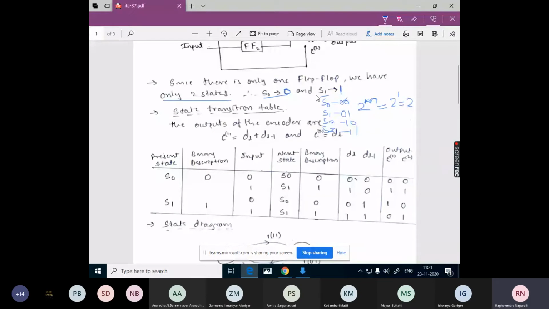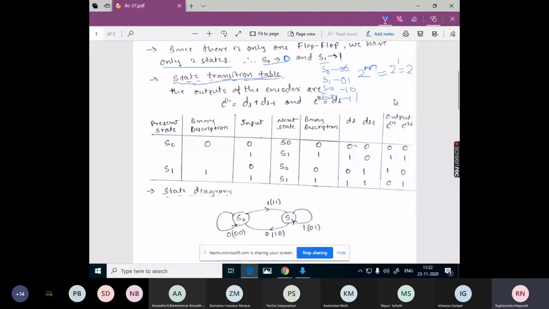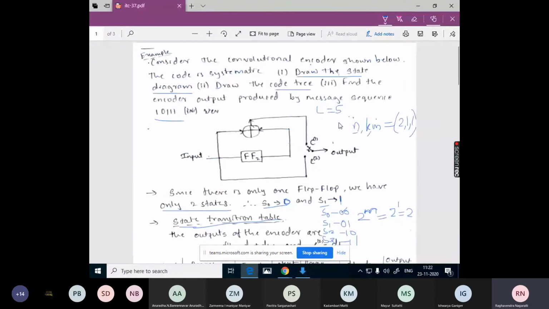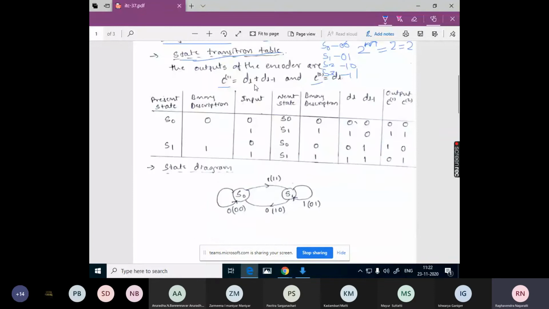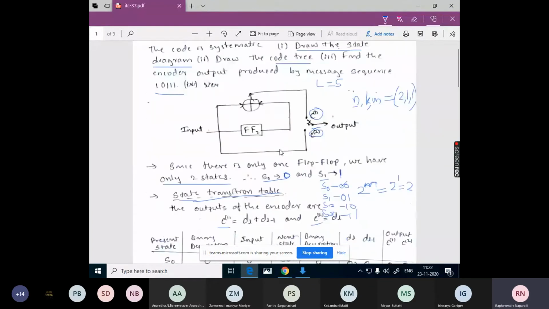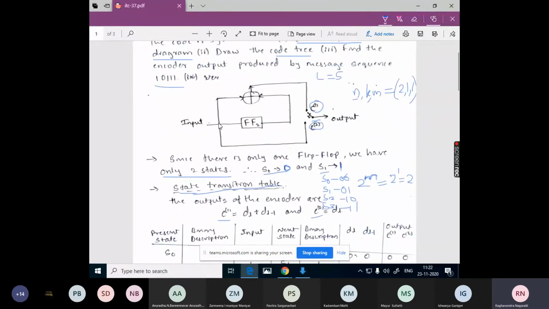Coming to the state transition table. These are the 2 different states possible, and this is the state transition table. So here we have dL and dL minus 1.